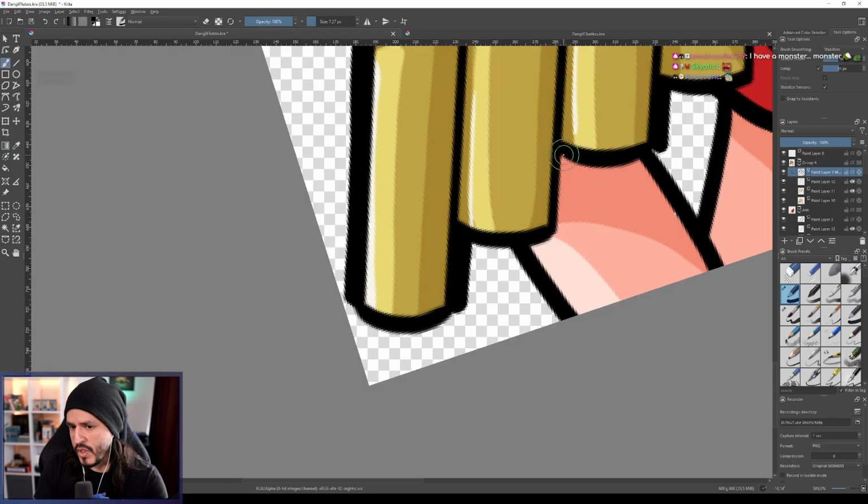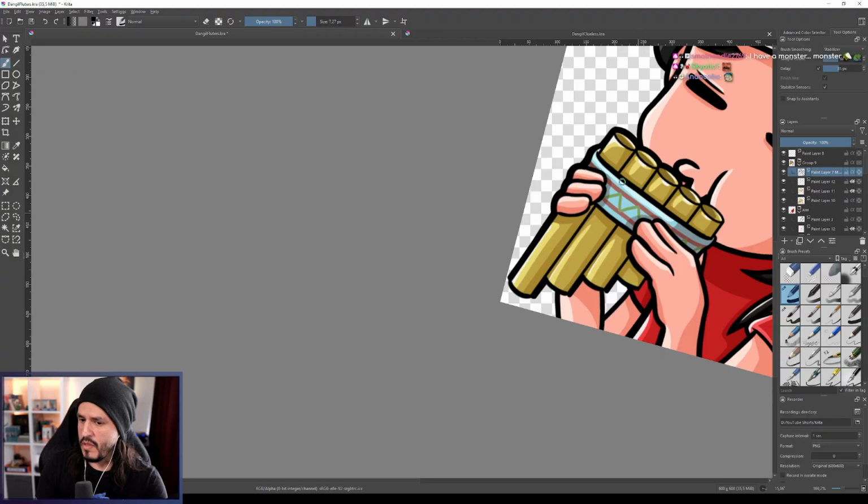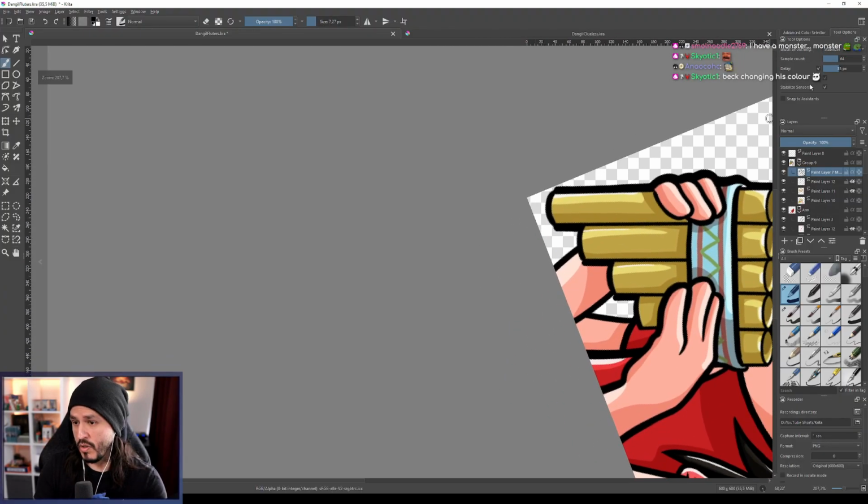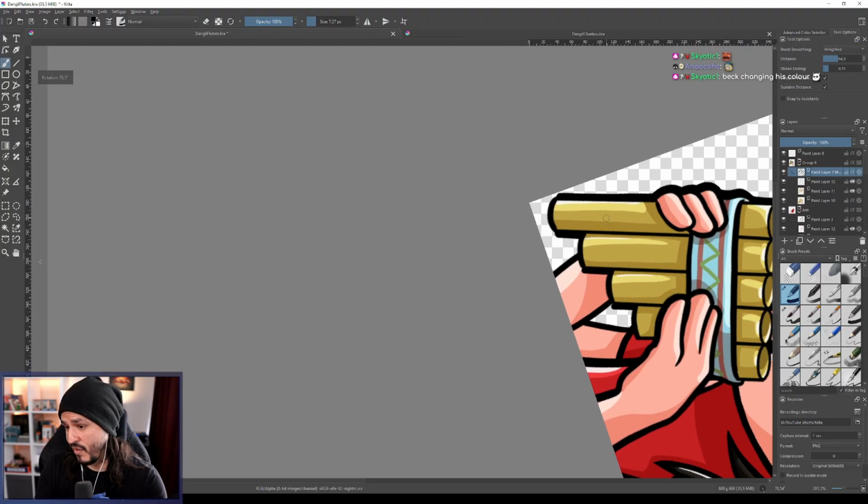In the case of this particular fluter here, we're going to make it thicker anyway because the flute is gonna move. The arm is gonna move in a different direction. We don't know exactly which direction, so